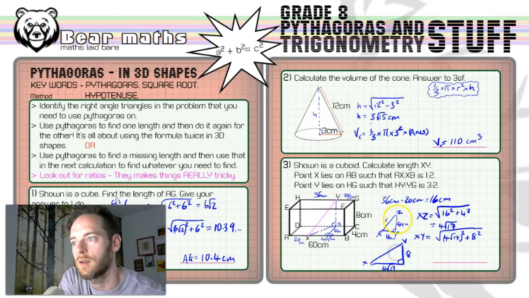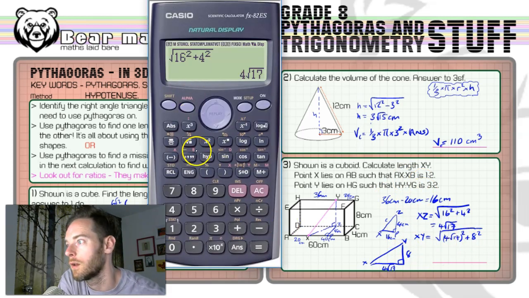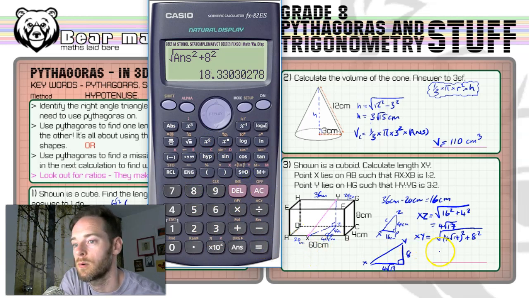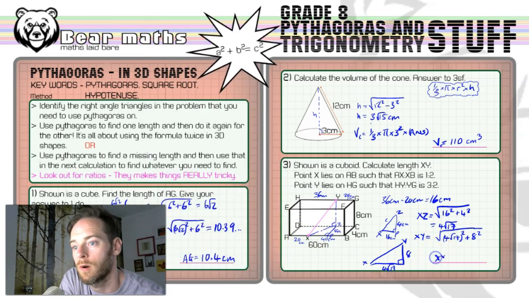That's the length that we wanted at the beginning of the problem. And that's the calculation that's going to do it for us. So let's type that one in. Let's go with the answer squared and then add 8 squared. That gives us 4 root 21, which is 18 point something. Let's round it off to 3 significant figures again. So 18.3. So XY equals 18.3